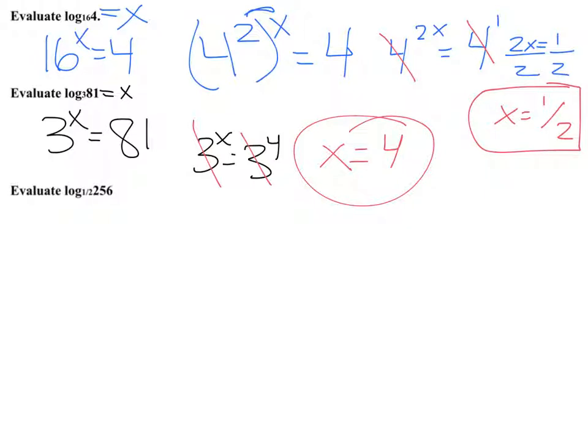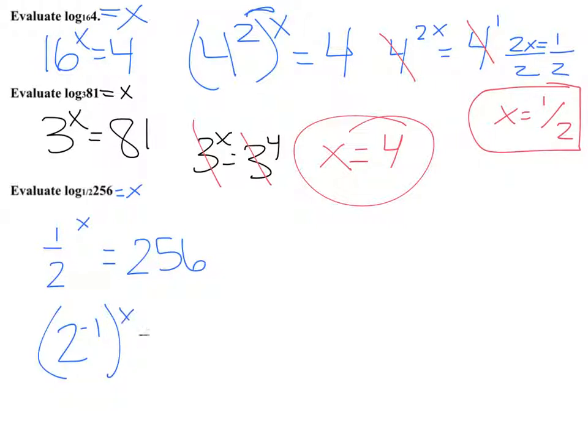On the last example, same type of procedure. We'll set it equal to x, and now we have 1/2 to the power of x equals 256. Now this is like the example in 8.1, 8.2 that I added in. It wasn't in your notes, but I added it in on the video notes. So we're going to need to rewrite this so that it isn't a fraction. So the way that I do that, I can bring that 2 up and give it a negative exponent. So I have 2 to the power of -1. I still have my x, and that equals